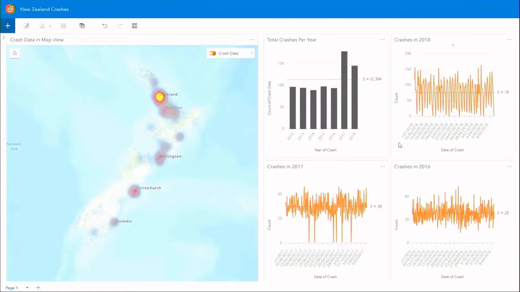I have looked at each individual year as well. So I have the crashes here in a line graph for 2018, and I'm a little bit concerned because the last accidents I have this year are in August. So I might want to go off and find some data for the end of 2018. In 2017, I am concerned because I have some spikes here which are taking me down very close to 0 crashes in this time period. So I have some further exploring that I need to do for crashes in 2017.